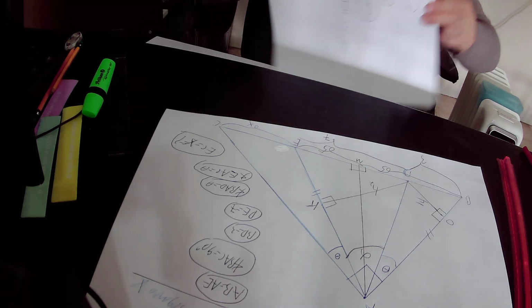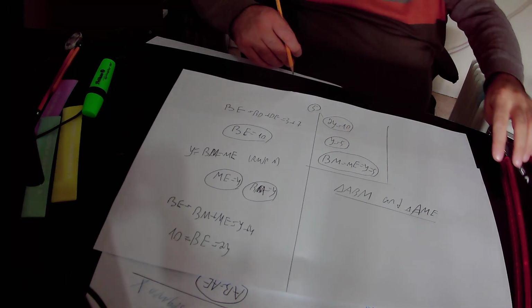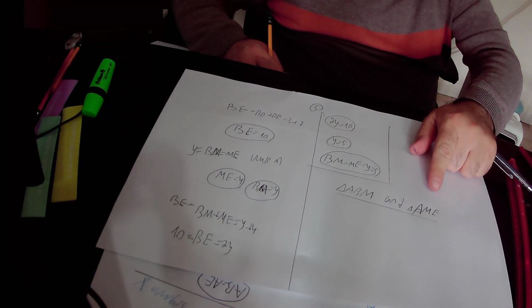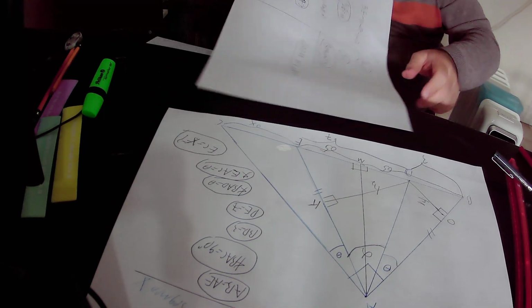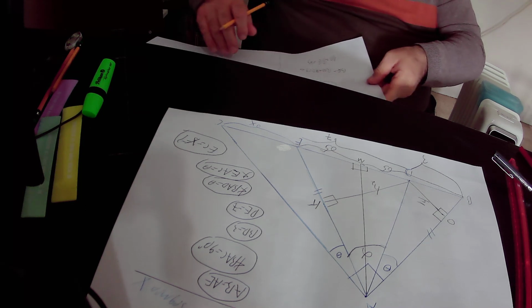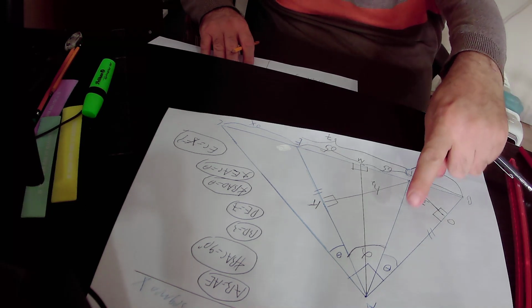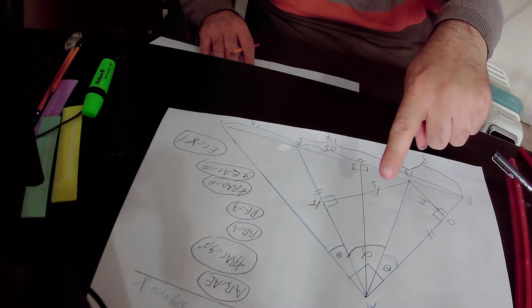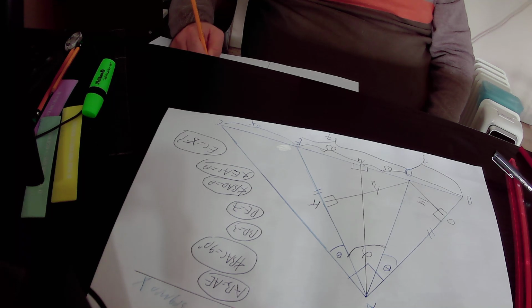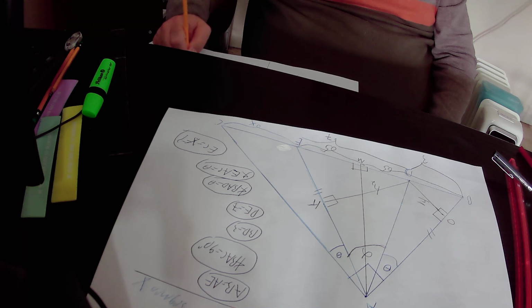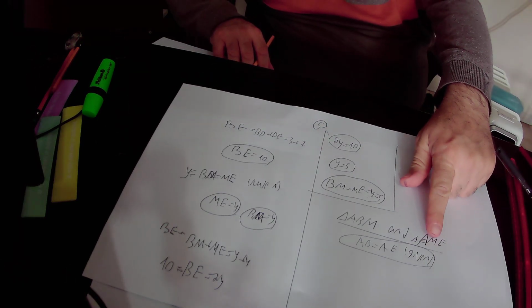I repeat again, we prove that the right triangle ABM is congruent to the right triangle AME. So why are those two triangles congruent to each other? First of all, it is given in the question that AB equals AE. So AB equals AE, it is given in the question,